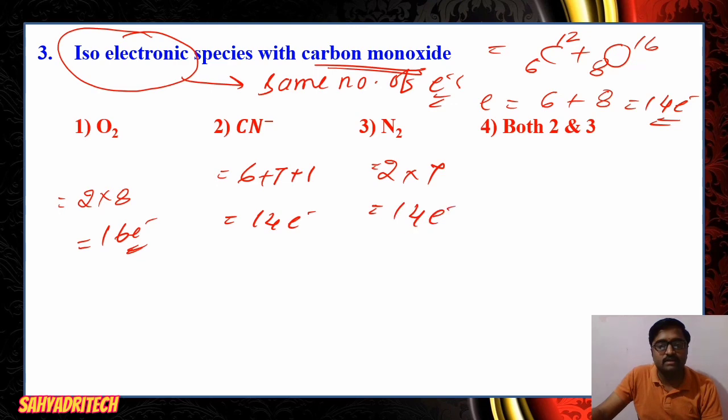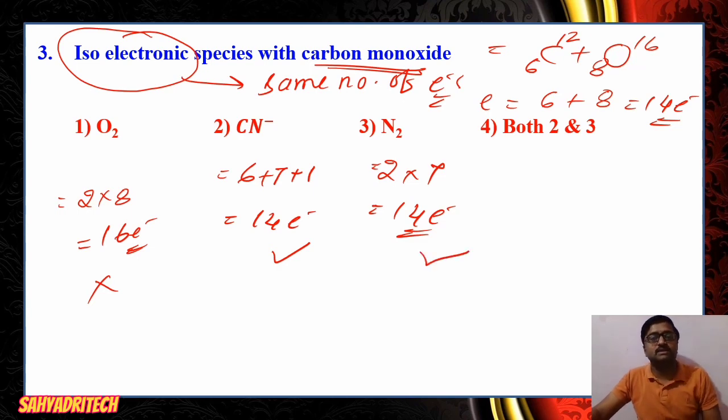Now say O2, first option 16 electrons, it is not isoelectronic. CN minus, cyanide, yes it is isoelectronic with carbon monoxide. N2, it is also isoelectronic with carbon monoxide. Then what is the answer here? Both 2 and 3. Okay, both second and third are right, isoelectronic with carbon monoxide. Okay. Well,